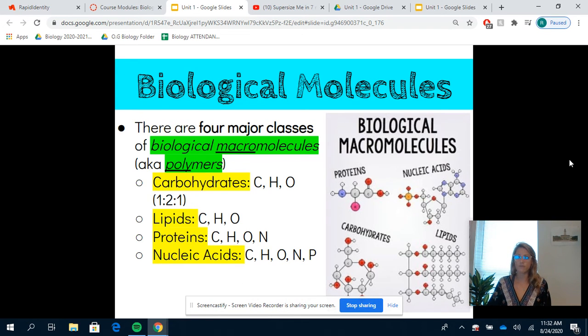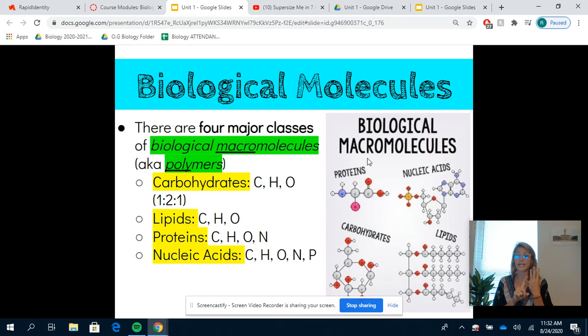Now we get to the good stuff. So all living organisms have the presence of these four biological molecules. We also call these macromolecules, also known as polymers. Remember, that word poly right here, poly means many. So what this means is these biological molecules are chains of polymers. Again, poly means many. So we have four different biological molecules that you need to be aware of: carbohydrates, lipids,